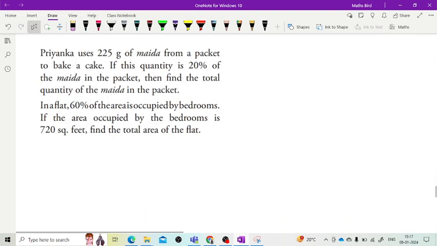Now next question. Priyanka uses 225 gram of maida from a packet to bake a cake. How much is she using? What amount is she using? 225 gram. If this quantity, which quantity? 225 gram is 20% of the maida. Now we will find out what they are asking. They are asking to find the total quantity. So we will write, let the total quantity